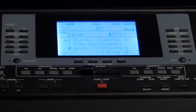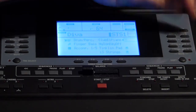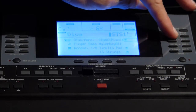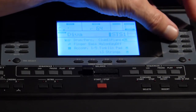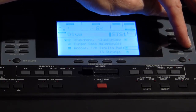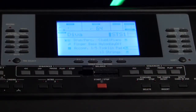And you can do that for any of the instruments until they're all balanced up. So in this case, the club piano is at 117, and the tinkling pad is at 84. And that's the balance I get for the